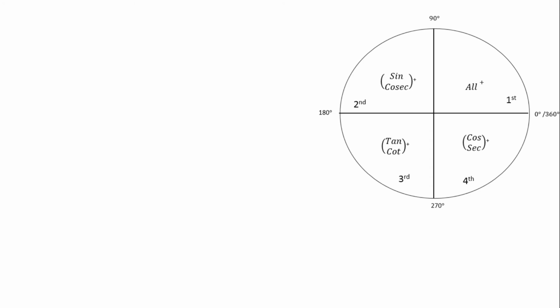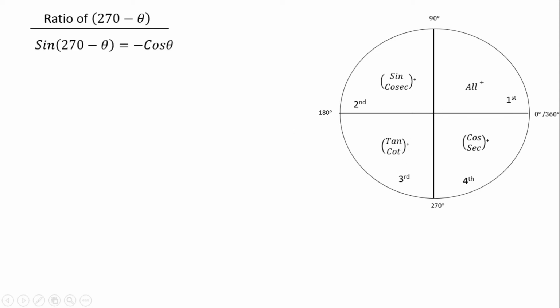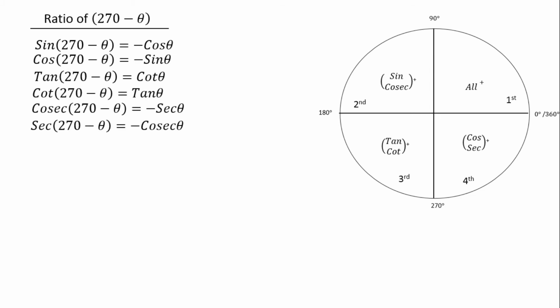Now similarly if we break into 270 degrees: 270 minus means third quadrant, and 270 plus will be fourth quadrant. So if there is 270 minus theta or any such angle, the angle will fall in the third quadrant, and in the third quadrant only tan and cot will be positive. Now in 270 the ratio is changed, so we can see sine changes into cos. Sine in the third quadrant is negative, cos is also negative, tan is positive, cot is positive, cosec is negative, and sec is also negative.